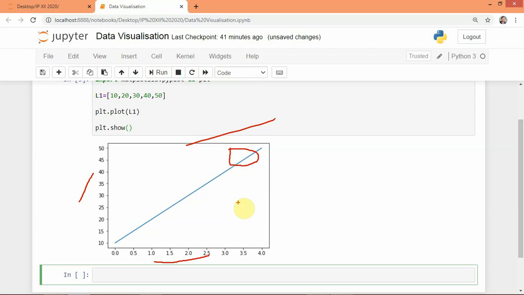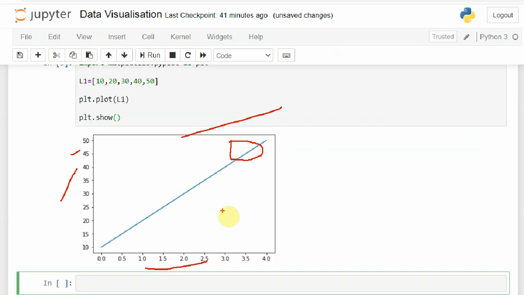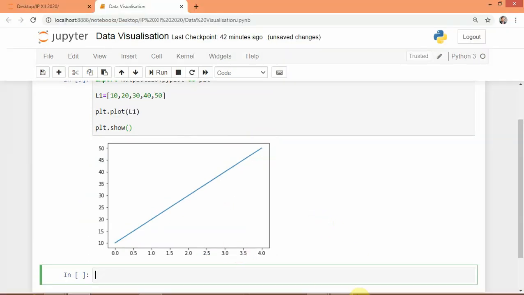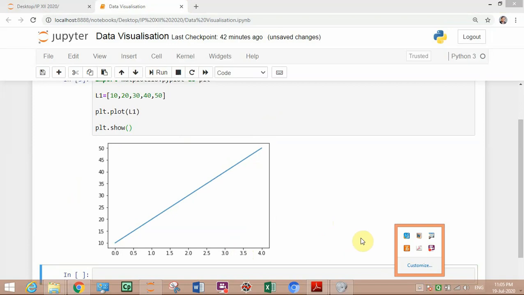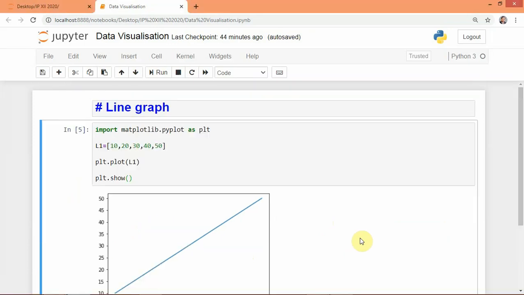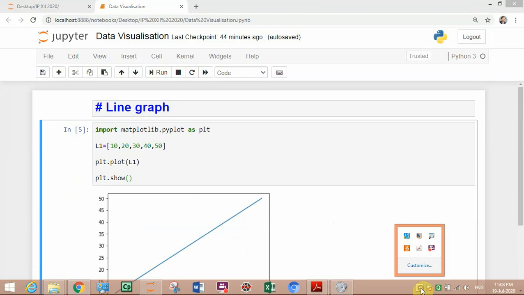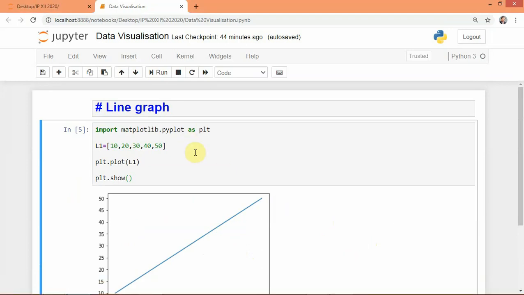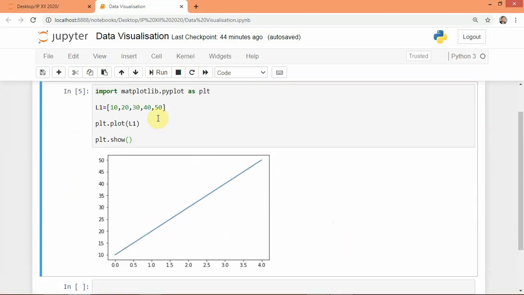We are just looking at this 10, 15, and 1, 2, 3, 4, 5, what is this, we don't know. So to make this more clear, we use different types of properties of graph. So now we will see another graph, how to give these different types of components of graph.